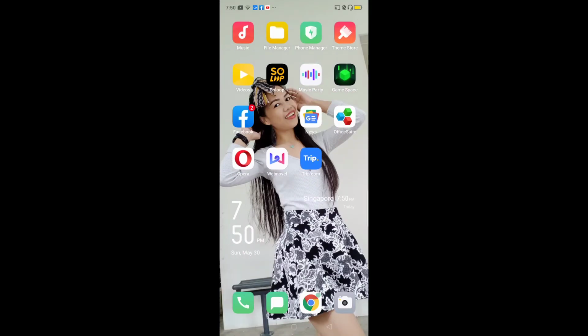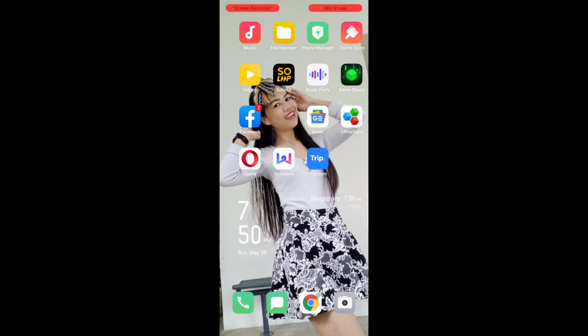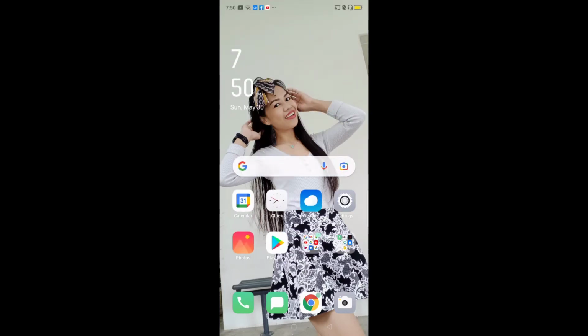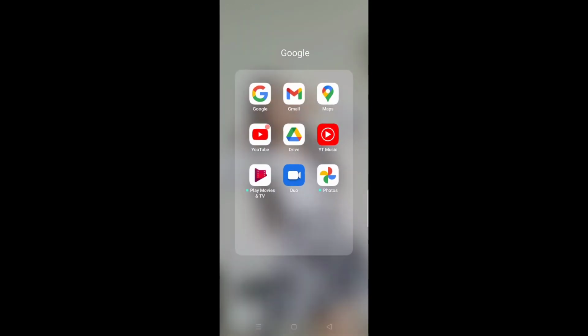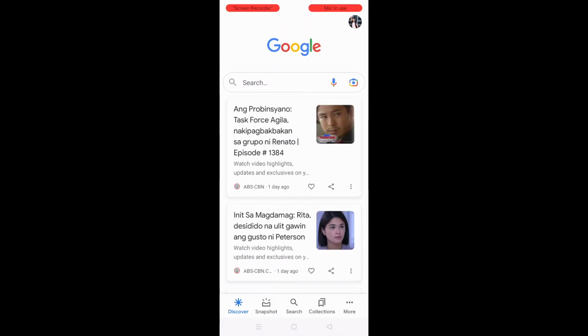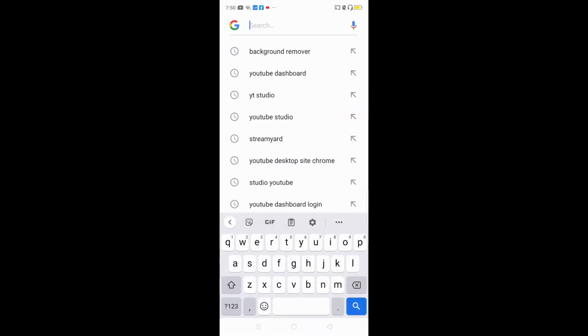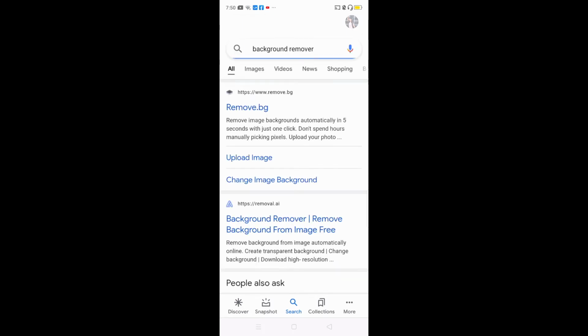So for today's video, I'm gonna teach you how to remove the background on your pictures. So let's go to our Google, search the background remover, or just type the BG. You can go to the background remover, remove BG here, and then you